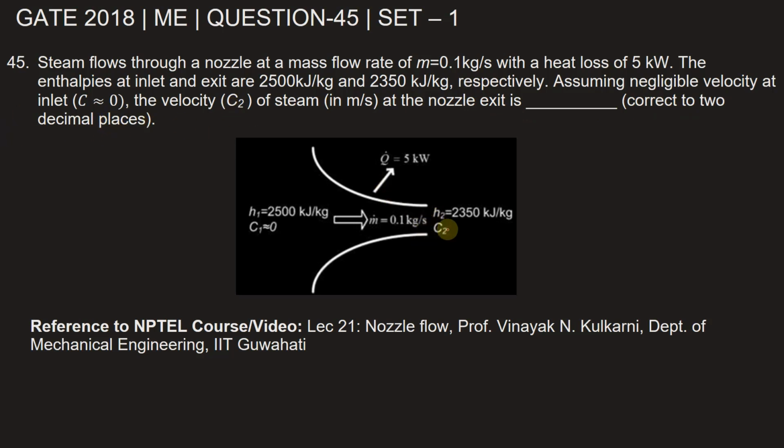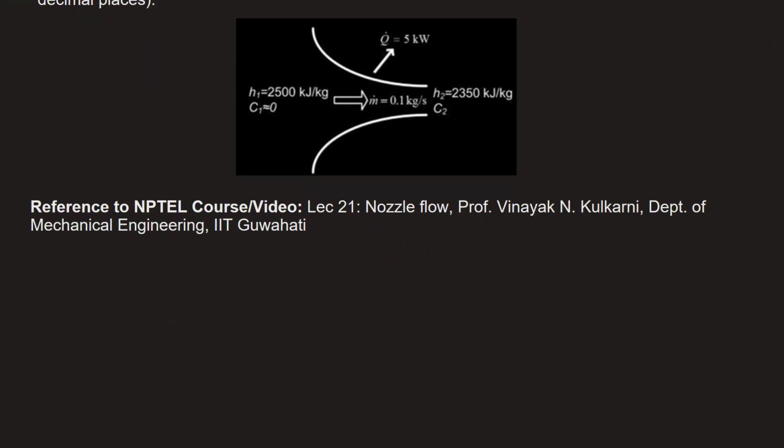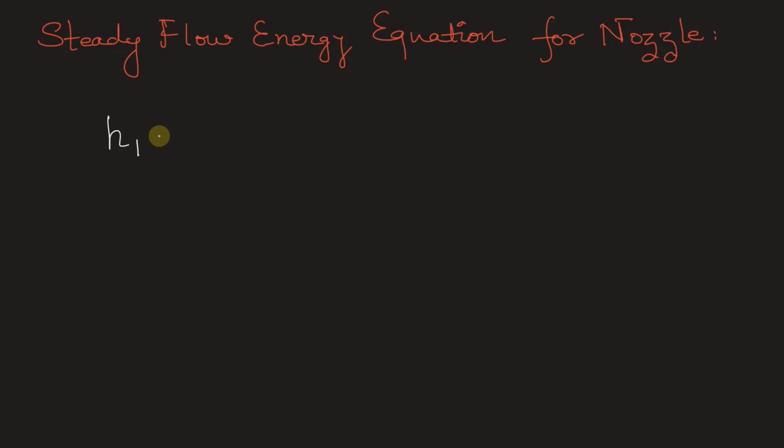So we need to find the value of C2, that is the velocity of steam at the exit of the nozzle. For nozzle flow, we can write the steady flow energy equation as specific enthalpy at the inlet, that is H1, where 1 represents the inlet of the nozzle and 2 represents the exit of the nozzle, plus the kinetic energy, C1 square by 2 at the inlet, plus the potential energy at the inlet, Z1 into g, plus the change in heat with respect to mass, which is heat transfer per unit mass of the system,